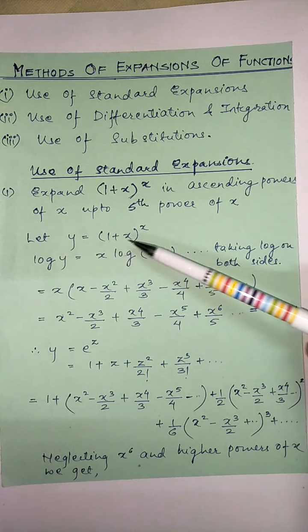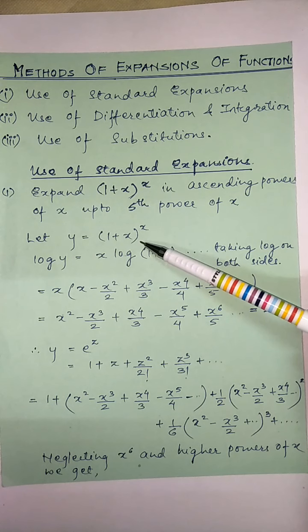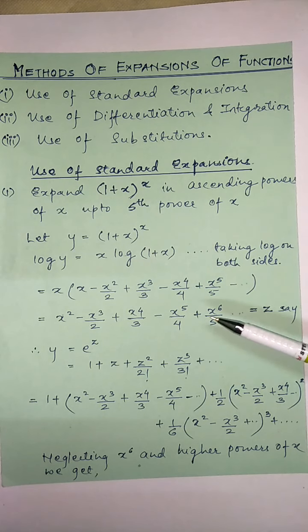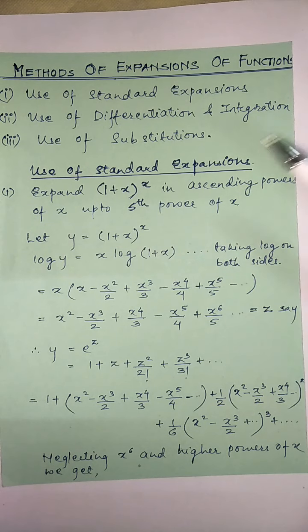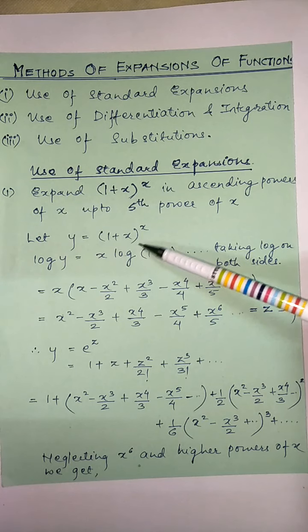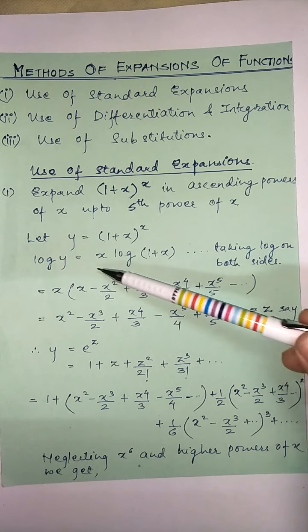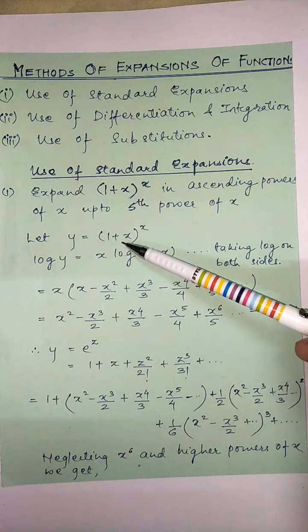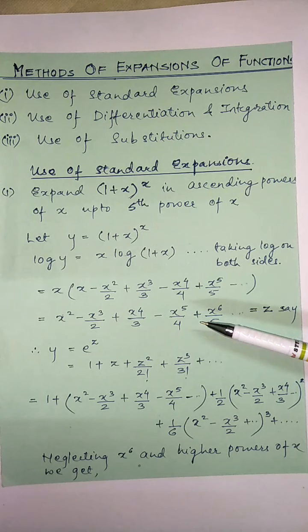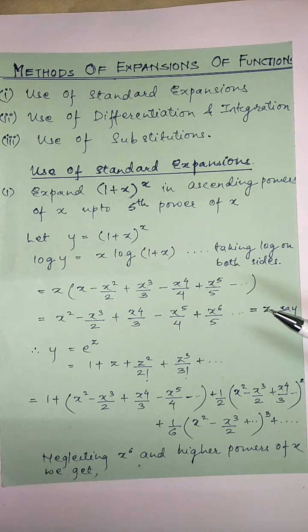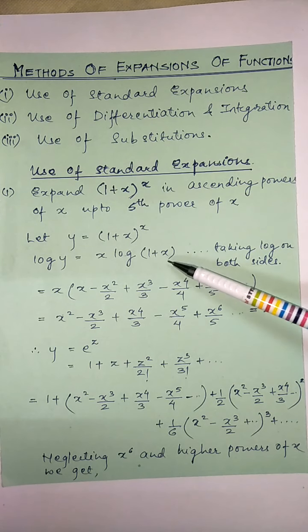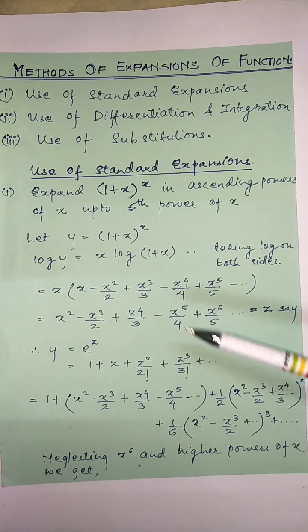Let y be equal to this given function, (1 plus x) raised to x. Now we will take logs on both sides. So what we will have is log y is equal to log of (1 plus x) raised to x, which will be x into log of (1 plus x) by the rules of logarithm. This can be further written as x into